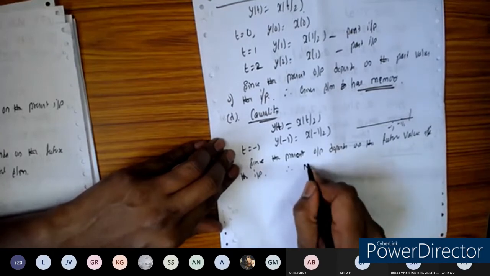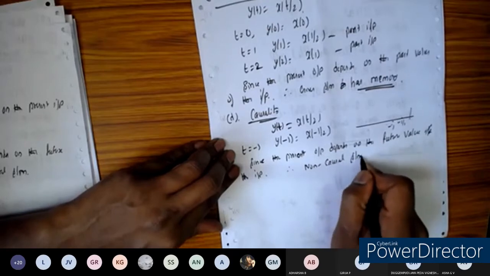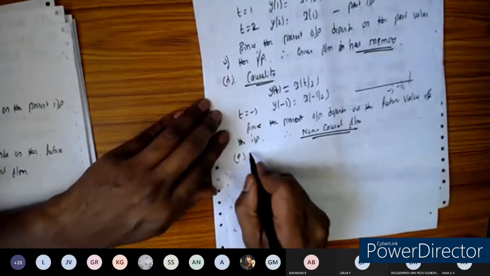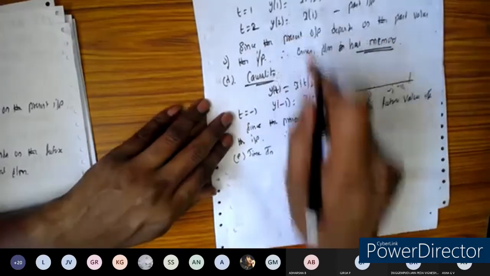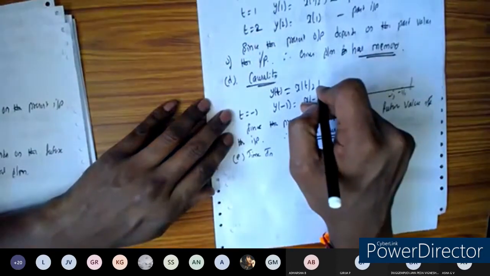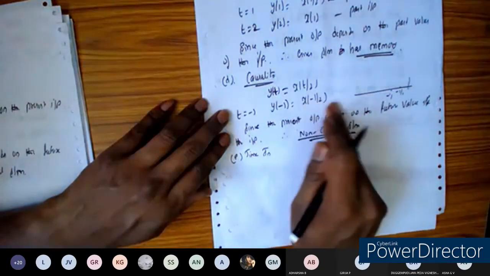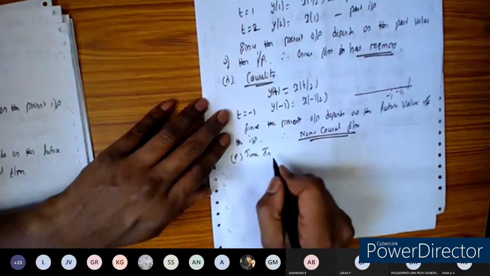Okay, it is a non-causal system here. The given system is a non-causal system. Okay, so got it now. How to find out the causality and the memory loss is like that. You can substitute the positive values and you can substitute the negative values for finding the causality. So it depends on the nearby values like -1/2, something like that here. So we can say it's a non-causal system here.